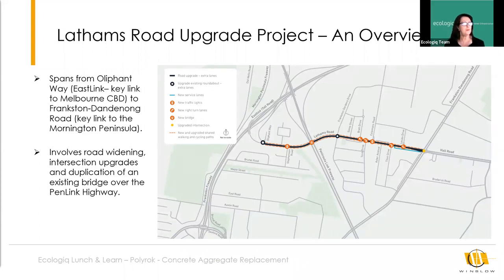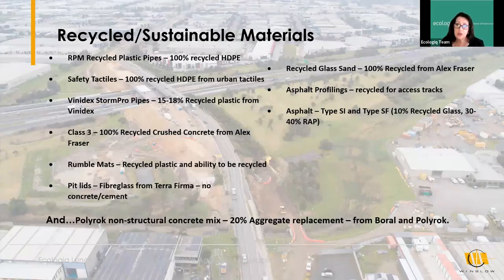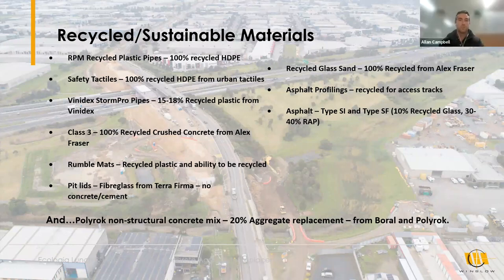So what sort of recycled materials did you actually use on this project, and what were the applications? On this project, we've been lucky enough to utilise a large range of recycled or sustainable products. I'm not going to go into all of them, they're up on the screen, but we've got on site various